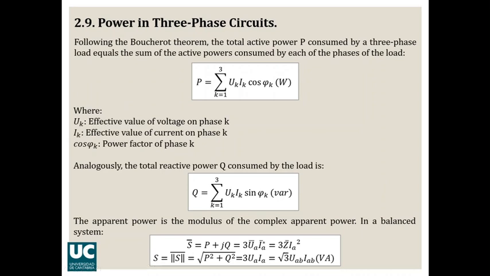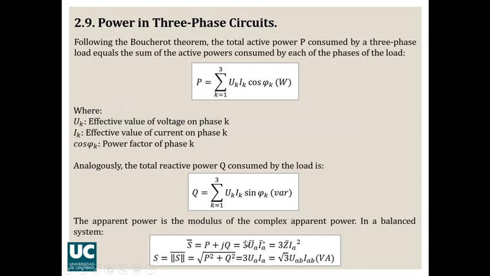As you know, the complex power is a phasor whose real part is the active power and whose imaginary part is the reactive power. So that is the same as 3 times the phase voltage multiplied by the conjugate of the line current, and this for each of the phases. That is why you have 3 times, because we suppose that the system is balanced and symmetrical, and then the powers are going to be the same for each of the phases of the 3-phase system.